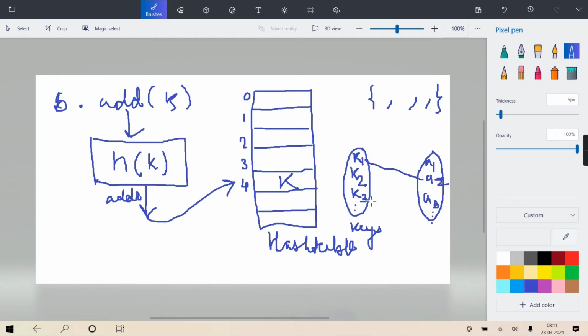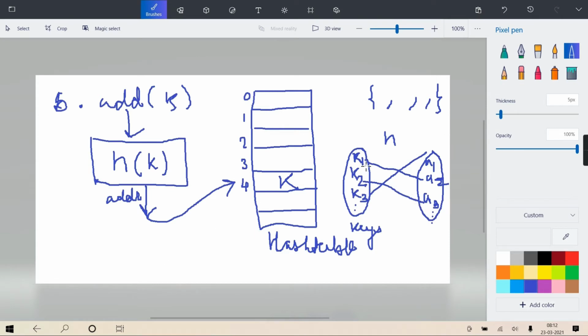And this key to address mapping is done by your mathematical hash function, which is internally called in your add. So whenever you call set object dot add and pass a key, that key is internally given to that hash function, which does some calculation on your key and generates a bucket number, and directly at that bucket the key is stored. So there is no guarantee where it will get mapped. Suppose your first key may get mapped somewhere in the lower bucket, your fifth key may get mapped to the first bucket. So mapping can be anything.